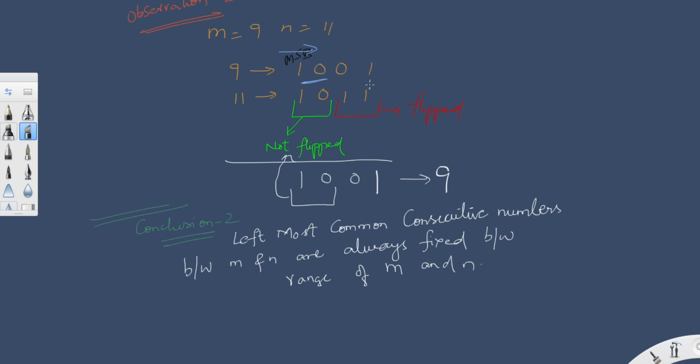So if we add both, 1 and 1 will become 1, 0 and 1 will become 0, 0 and 0 will become 0, 1 and 1 will become 1. So it is 1001. But whatever the bits which are not flipped are as it is in our resultant.